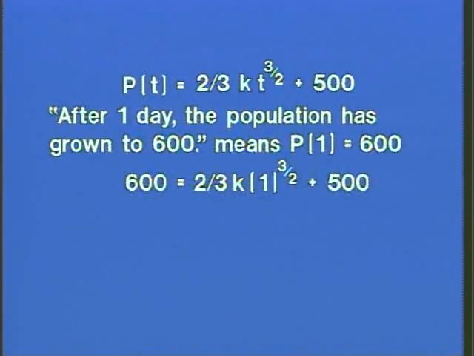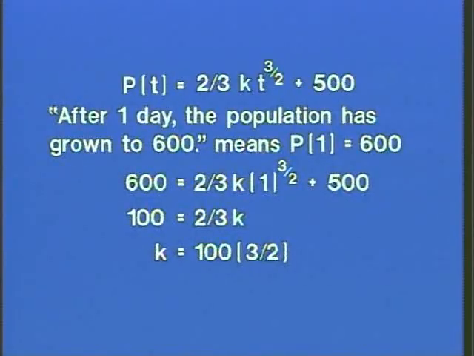And now we'll solve this for k. 1 to the 3/2 is simply 1, and then subtracting 500 on both sides, we'll find 2/3 k to be equal to 100. Multiplying on both sides by the reciprocal of 2/3, we find k to be 3/2 times 100,